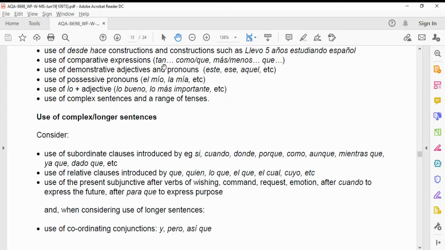Comparative expressions, yes. The más que and menos que I've just been speaking about. Demonstrative adjectives and pronouns. Yeah, they're things like este, this one, or ese, that one, aquel, that one over there. And use of possessive pronouns such as el mío, my one, la mía, also my one, but if you're talking